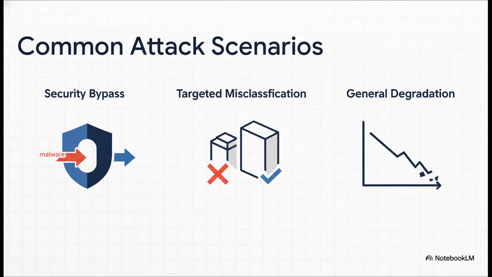So what does this actually look like in practice? Well, the most obvious one is a security bypass. Your model is trained to see an attacker's malware as safe or their phishing email as legitimate. Or it could be more competitive, systematically flagging a rival's product as spam. And of course, there's always the general degradation, where trust in your multi-million-dollar AI system just erodes until no one wants to use it anymore.